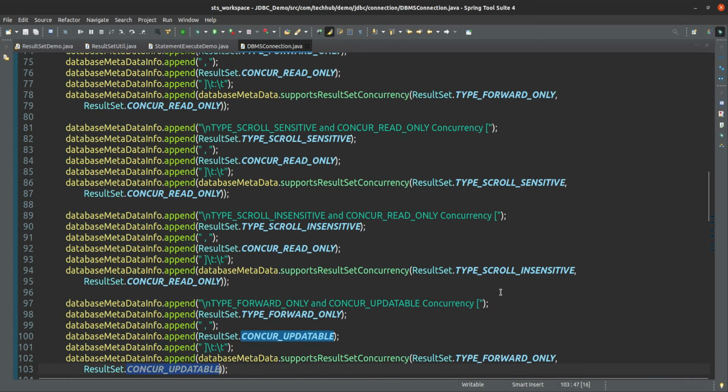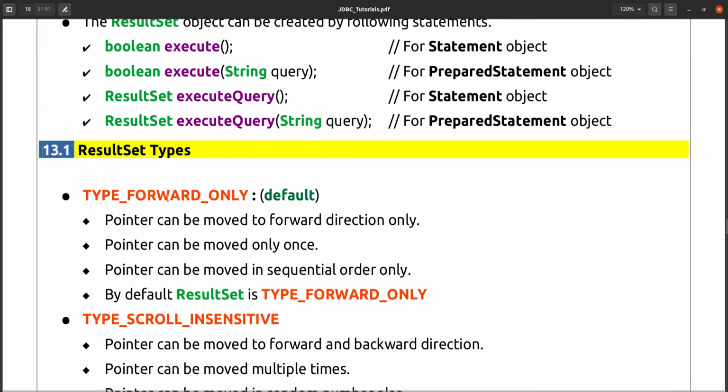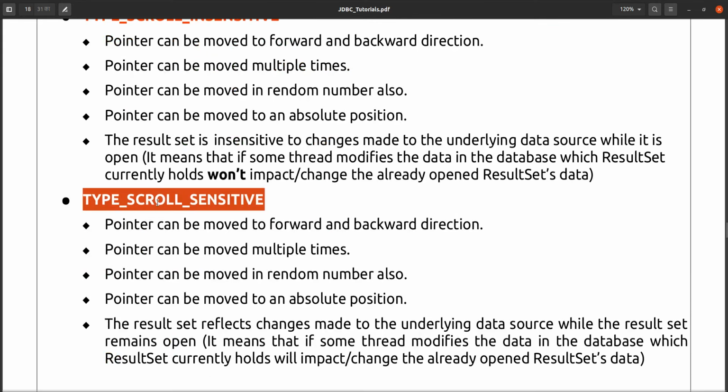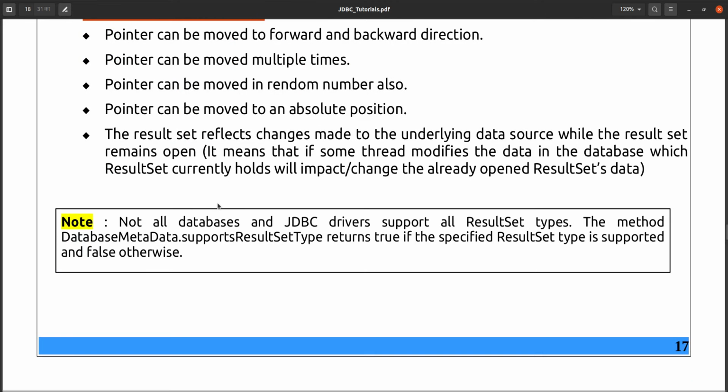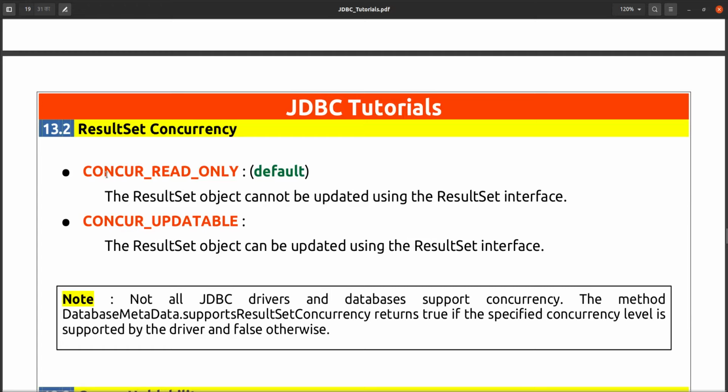Whether your type is type forward only, type scroll insensitive, or type scroll sensitive, it can be any type. But along with that, your result set can also be read only or updatable, so you can check that also.